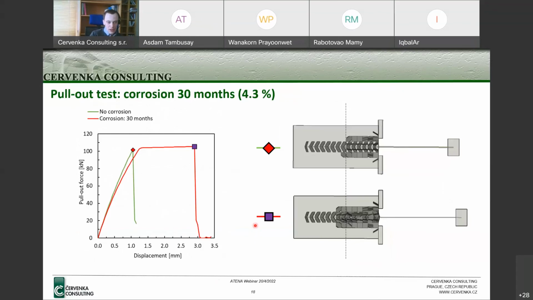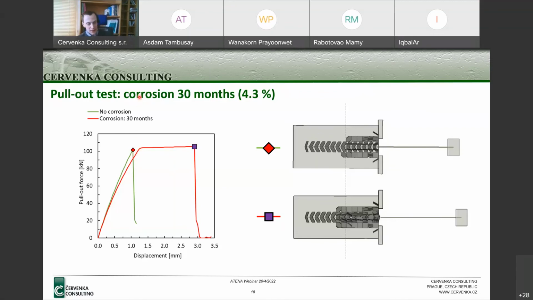So then we simulated a somewhat accelerated reinforcement corrosion test, applying the corrosion from one side of the model. Given the conditions, I mean the diffusion coefficient, the chloride concentration and the boundary, after 30 months we observed that the reinforcement corrosion degree is slightly above 4%, and the failure mode changed due to the reduction of the